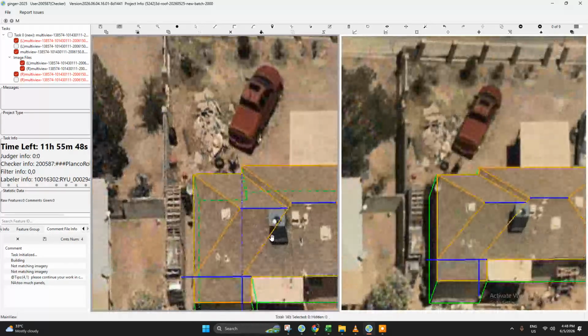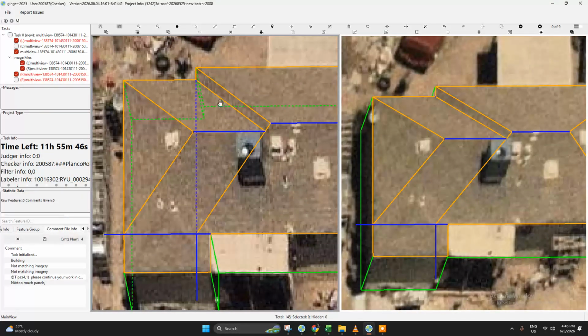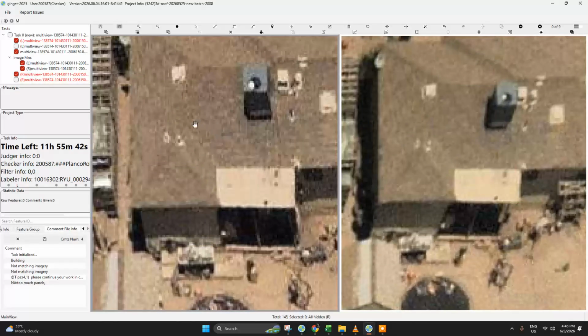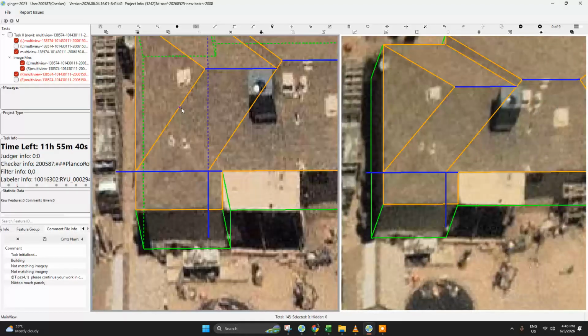And we can merge this later, and we can fix this later using the AutoFix tool. And for this one, it is here. I think it's connected to here. So again, we can connect our assist lines. So make sure it highlights first. If it highlights, meaning it's connected. So yeah.